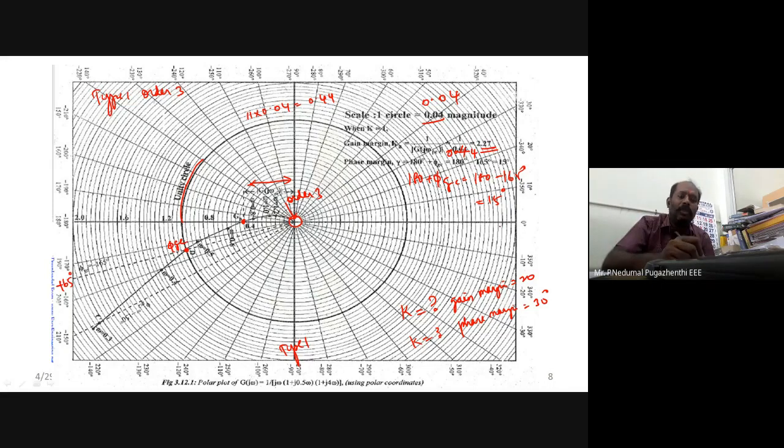You will see how much you are getting. But that should be 20, and in that case, what is the K value? Gain value. And phase margin now is 15 degrees. If it is 30 degrees, what is going to be the K value? At 15 degrees, the K value is going to be 1. Both these values, your K value is going to be 1 because you have assumed it. For these two categories, you have to find it. So you have to work on it.